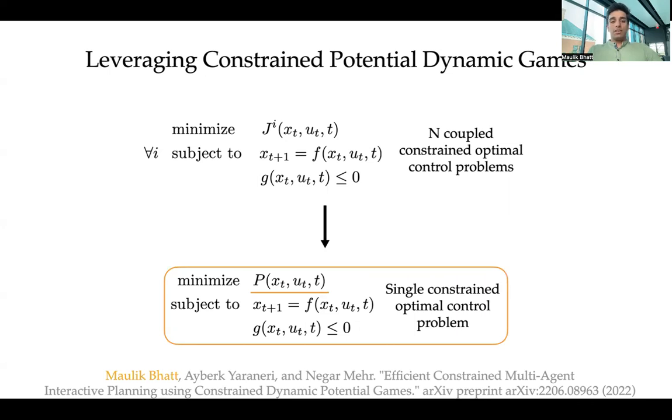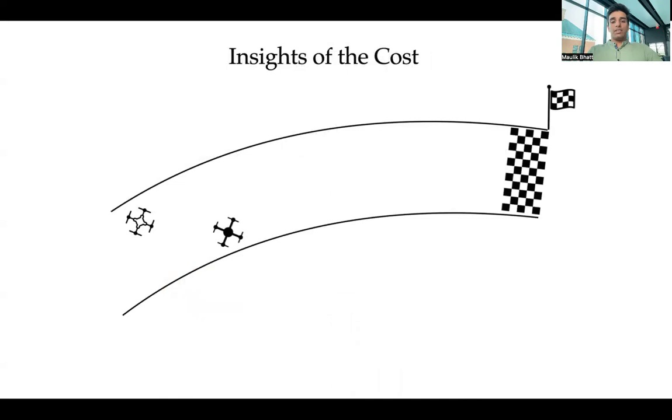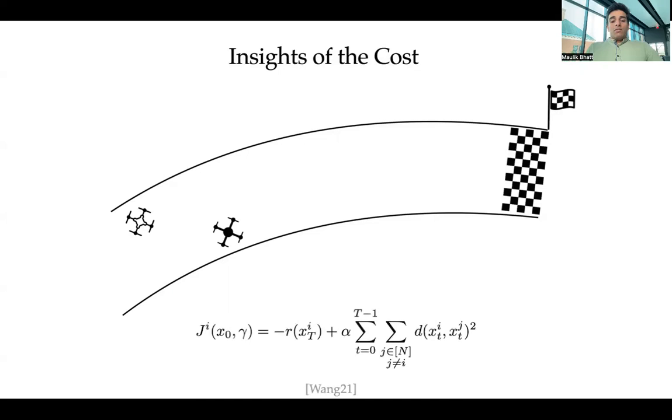Now, with this in mind, let's get back to our racing problem. We need to formulate our objective of each agent such that the game is a potential game while it captures all the intricacies of racing. Taking motivation from previous work, we formulate our racing objective as the following, which consists of two terms,